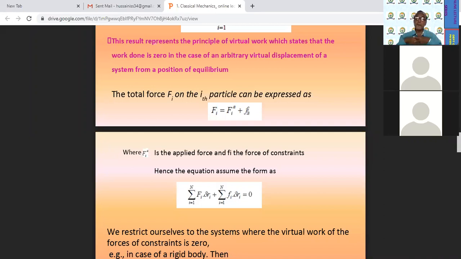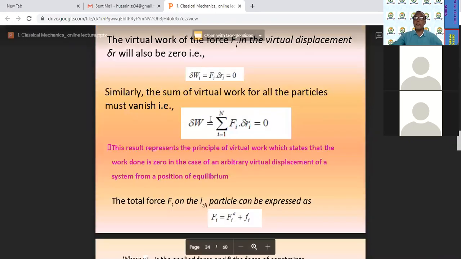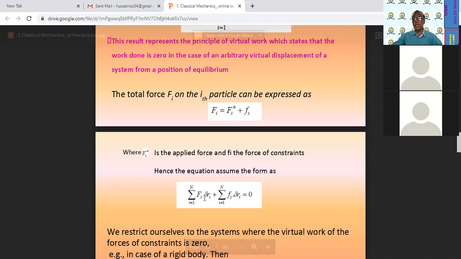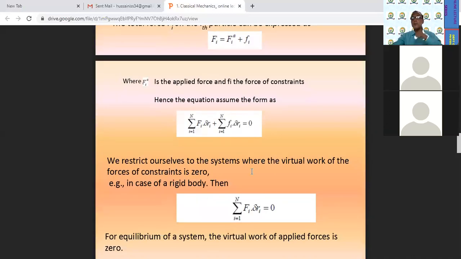लेकिन ऊपर की इक्वेशन कैसी है? फिर एक बार समेशन, लिहाजा ऊपर की ये इक्वेशन को हम कैसा लिख सकते? पहले इक्वेशन की फोर्स, summation i goes from 1 to n, Fi dri, this one, is equal to summation of applied force on the ith particle plus summation of constraint force on the ith particle. But we restrict ourselves to the system of virtual work of the forces. यानी कि we are already telling that this force is equal to 0 because no external work is done. There is no external applied force. When there is no external applied force, this term is 0.